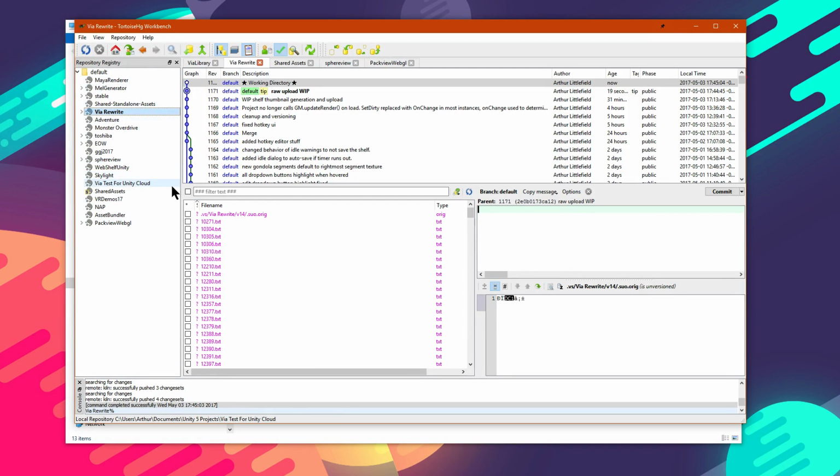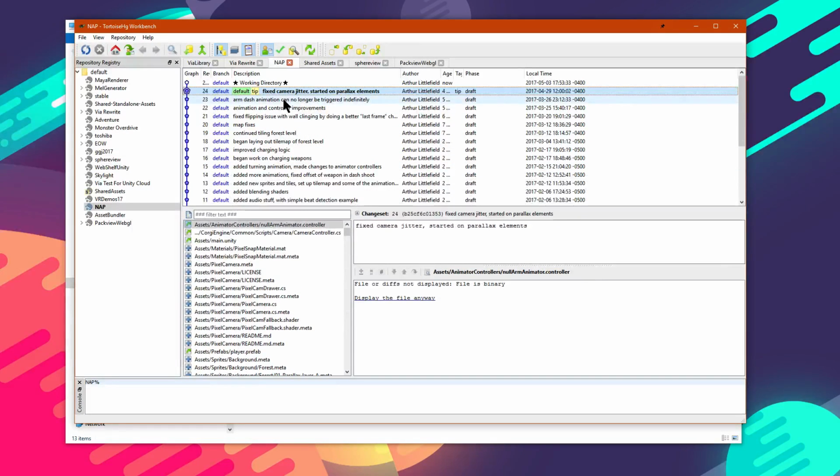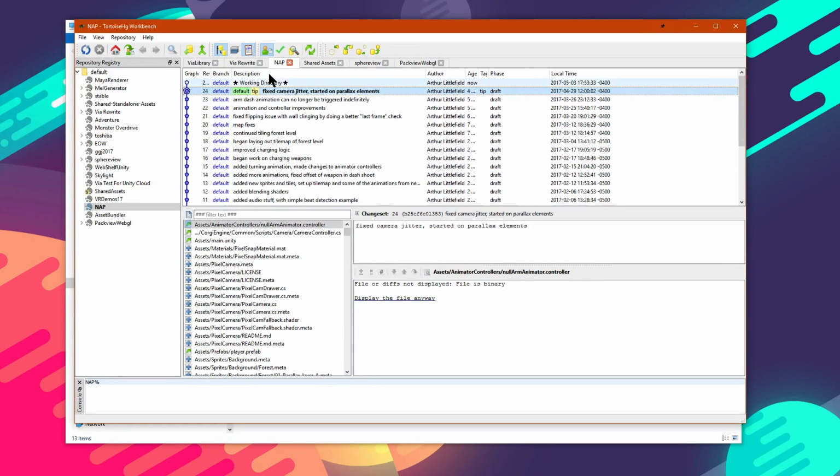When starting out, you'll just have one project. So here is the NAP project, and really we can just focus on one project for now. I might add some other ones here to show you how things work too. So this is sort of the main, I don't actually know what the name is for this, but this is sort of the